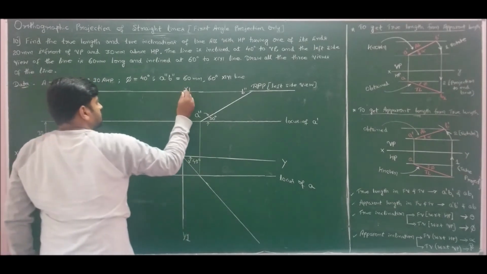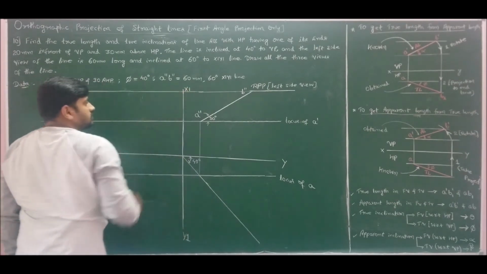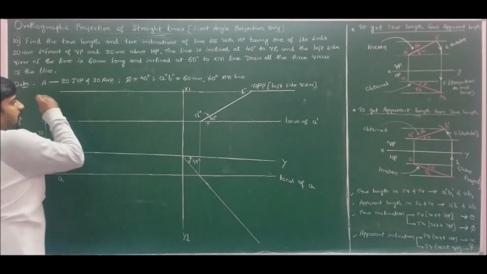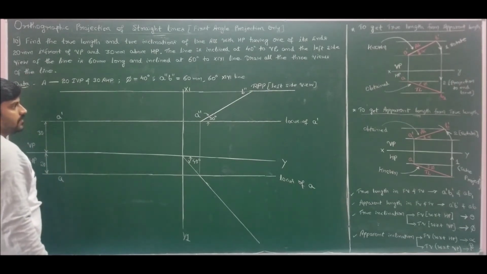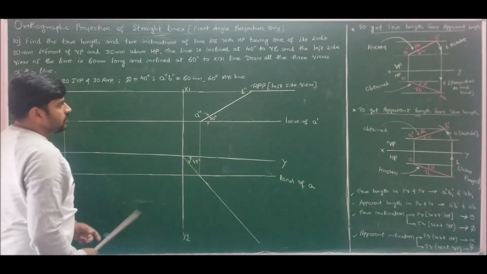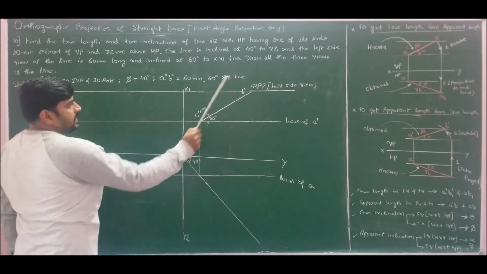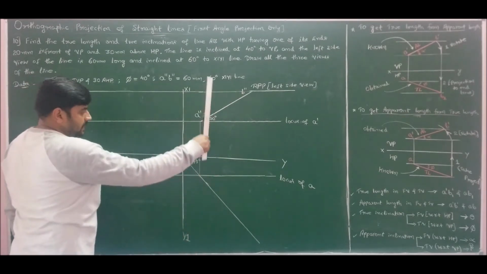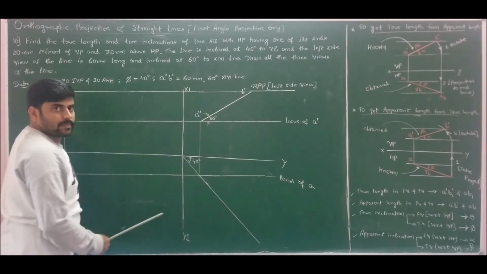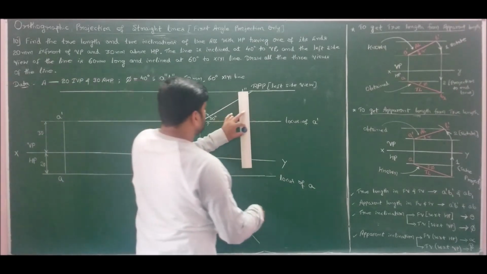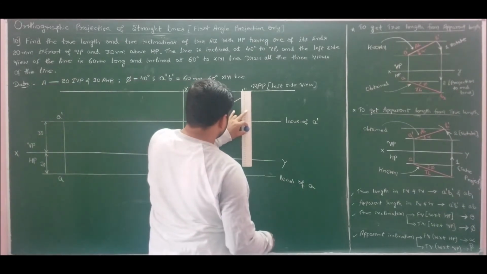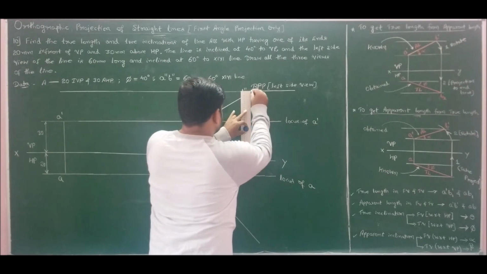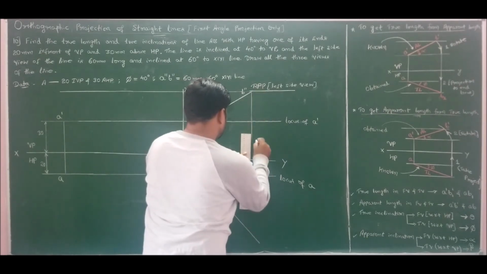So this gives us the locus of B dash in front view. Now we got B double dash. Now to extract locus of B, I should project it vertically downwards and intersect the 45 degree line. That's it. So project a vertical projection and intersect the 45 degree line.